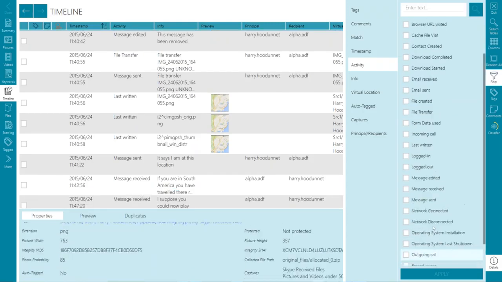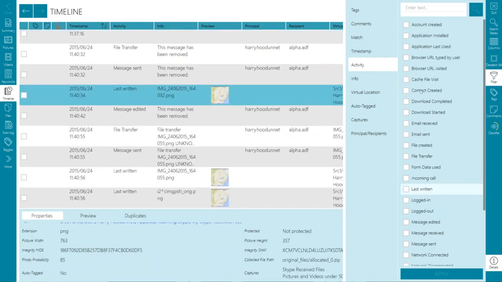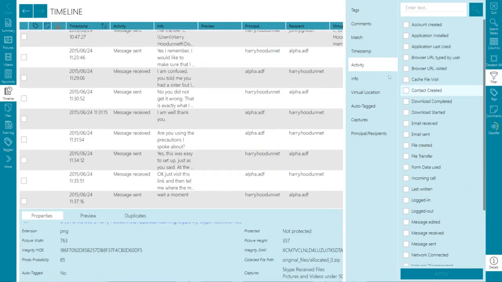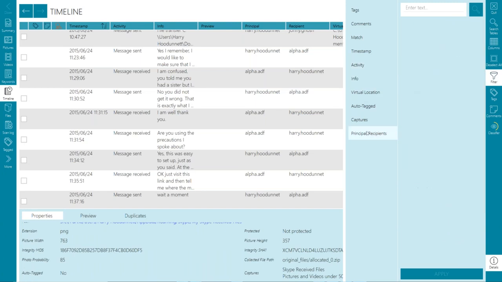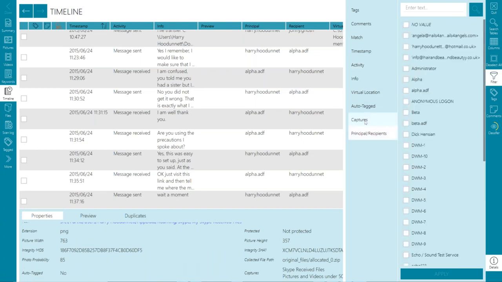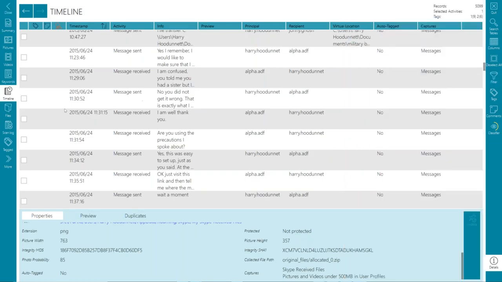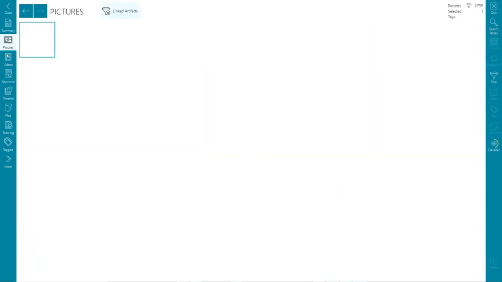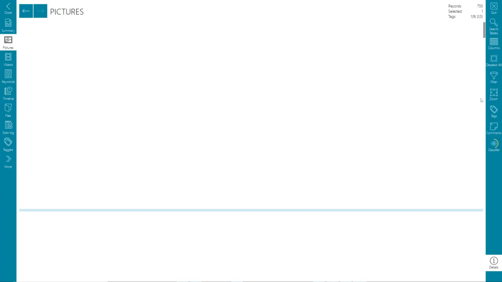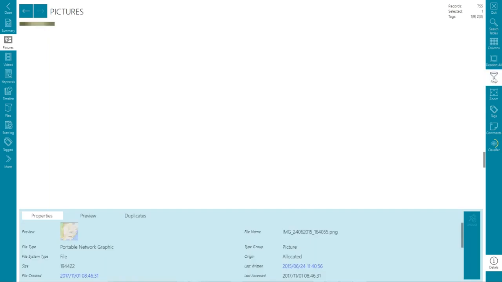USBs inserted, principals, recipients, messages sent, all the different activities I could sort by: people, usernames, captures, locations, timestamps. A lot of different ways you can filter and stack. So we went through pictures. Just another thing on a lot of the